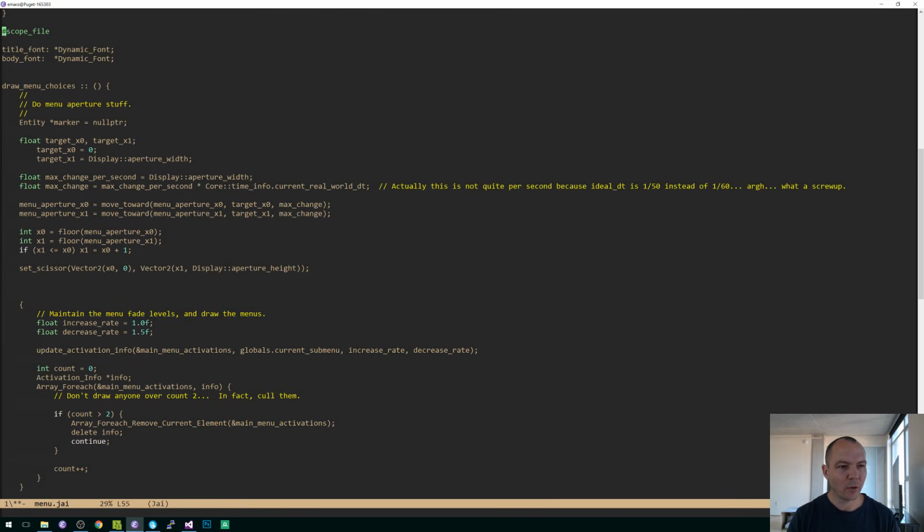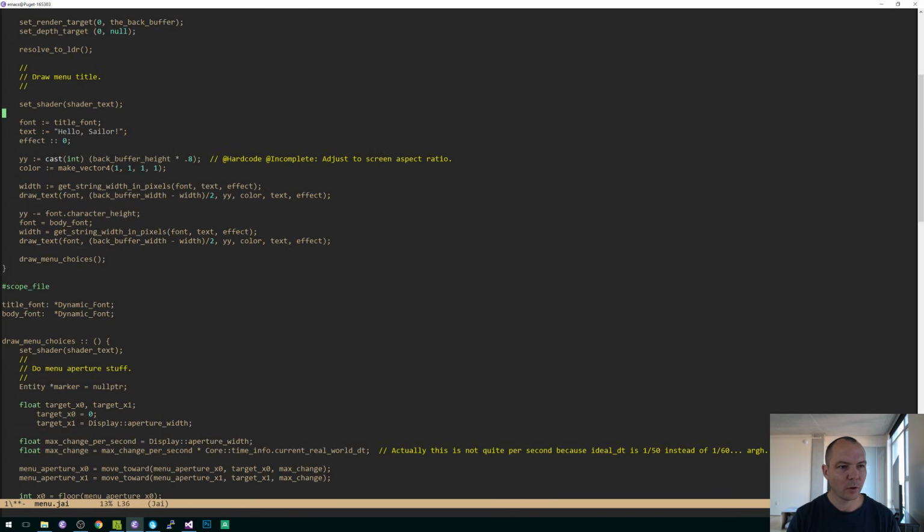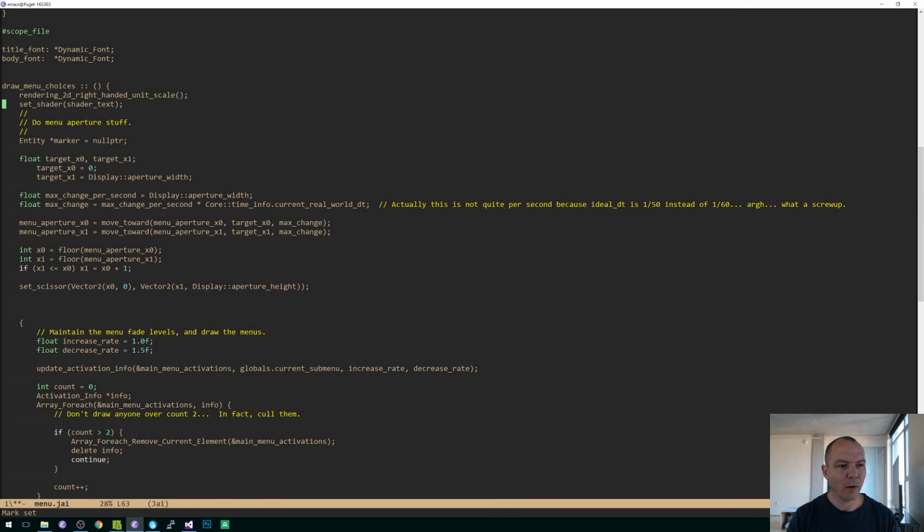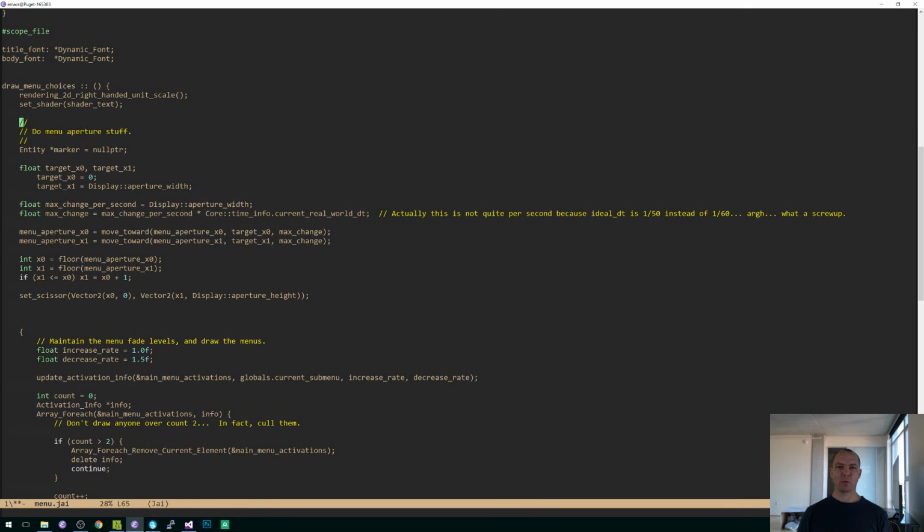We will reset the shader again, even though right now we have the right shader and the right rendering projection, because that stuff can easily change as you insert code and do whatever. So since we're in sort of a new context where we're just going to draw the items on the menu that you pick from,